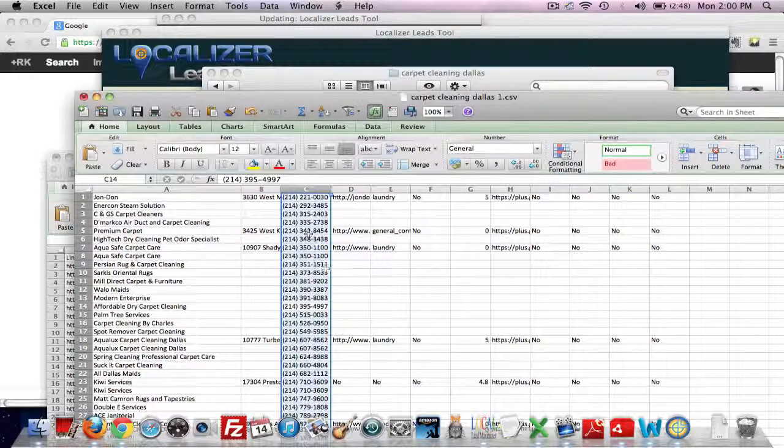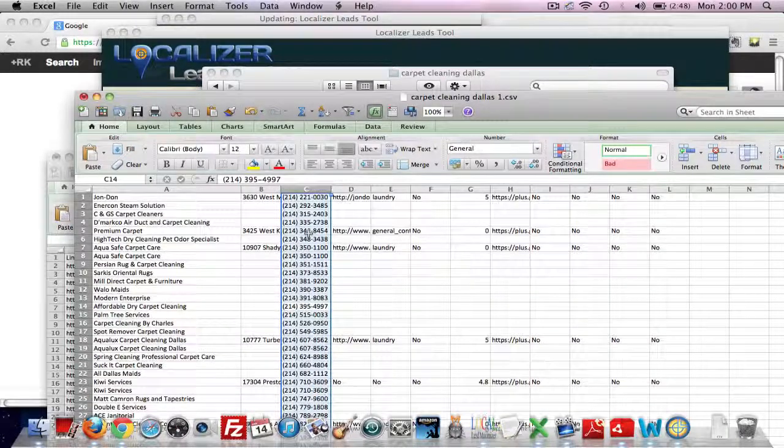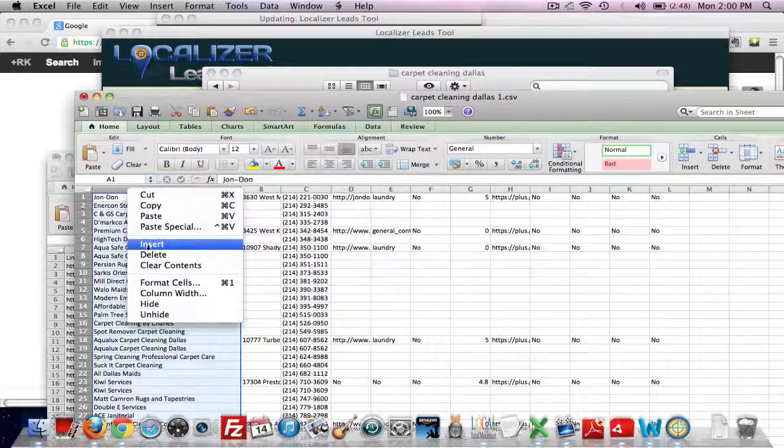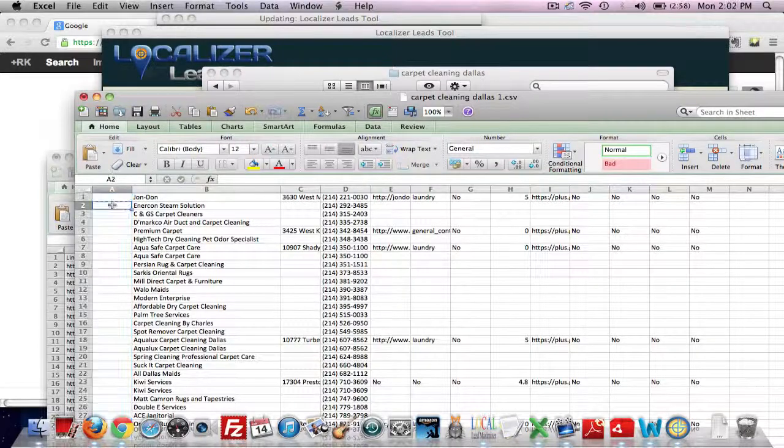And so now you have, if there's any repeats, they're going to be one on top of the other. So you're going to come here to column A, and you're going to insert a column, right? So you just click it on top and click insert. Alright, so what we're going to do here is in this column, we are going to add a formula, and